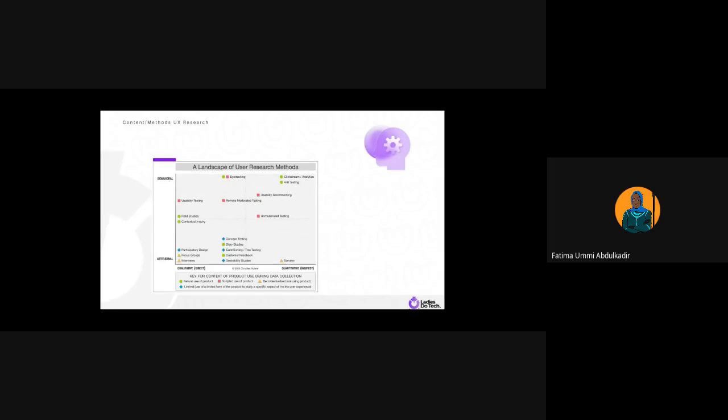So for the three-dimensional framework, I got this from NN Group. I've forgotten how they pronounce their full name, forgive me. If you look at behavioral, I'm going to explain this at a high level, because I'm going to explain deeper later when we get into the whole thing. Looking at this, the research methods are arranged. I hope you are still with me. Please, if I'm too fast, you should just notify me so that I can calm down.